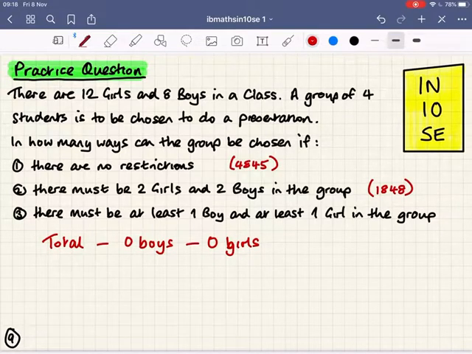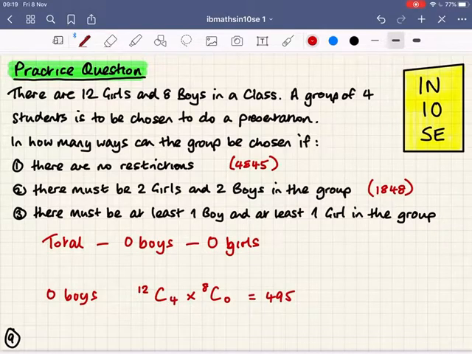0 boys is me choosing the team of 4 from the 12 girls available. Could, just for completeness' sake, say that I'm choosing 0 from 8. That gives me 495. 0 girls, how many ways could I choose 0 girls? Well, this time I'm choosing none from the 12 and 4 from the 8 boys, so that there are now no girls in the result,